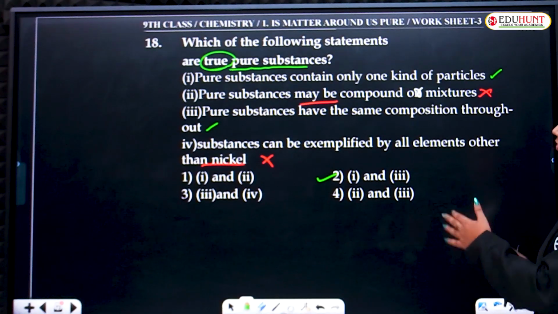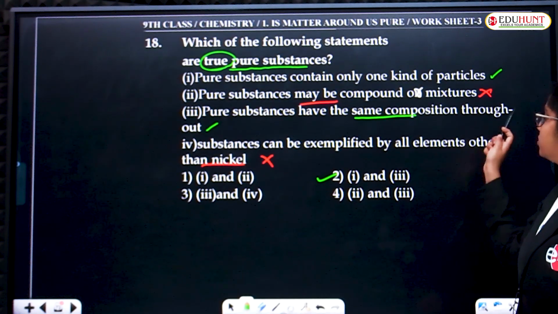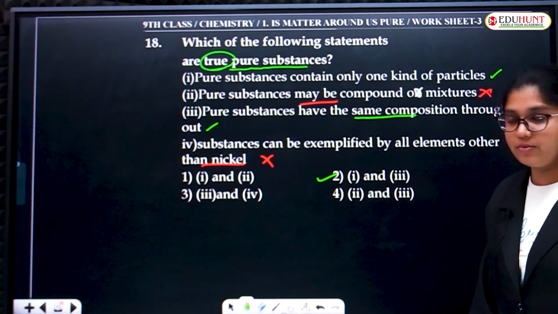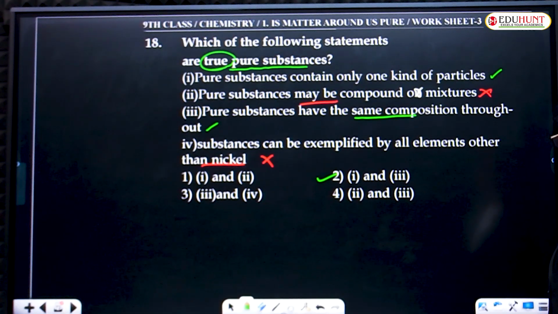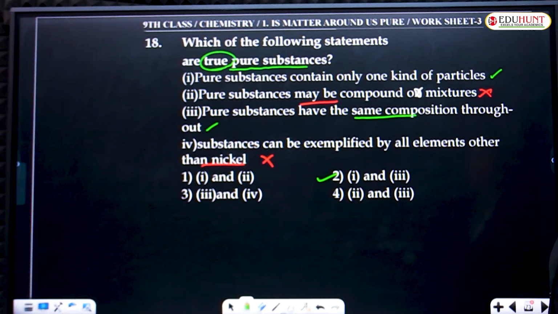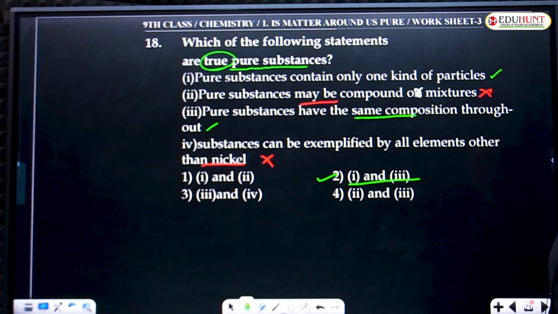Okay, so here we have pure substances contain only one kind of particles and they have the same composition throughout the substance. Okay, and 4 is also not matching. Okay, so the correct option is options 1 and 3. Okay,